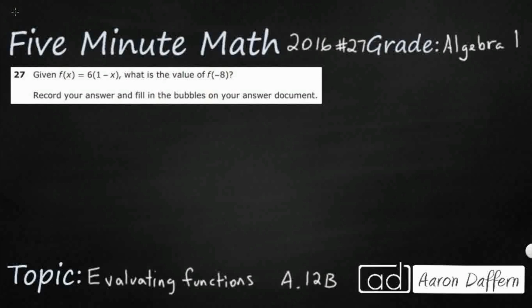So we have a given function here. We need to find the value of f of -8. There is no A, B, C, or D to choose from, so we'll need to figure this out on our own. Now, we've seen this for quite a while now. What does this mean, f of x, and why do we sometimes use that instead of where we normally say the y, right? Well, f of x is kind of shorthand for function